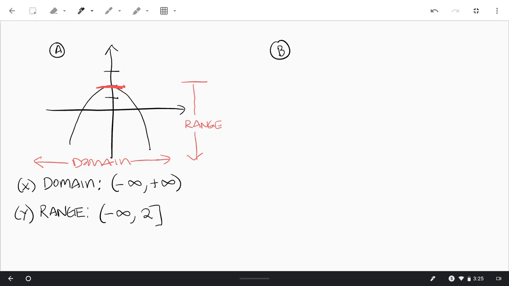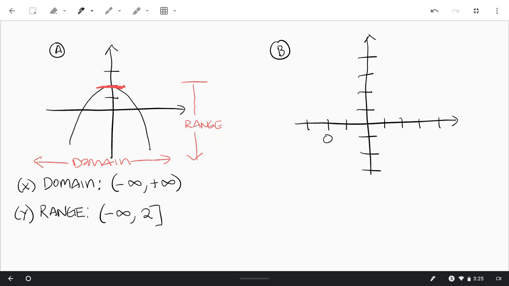Okay, so we're going to take a look at this next graph. This one is what we call a piecewise function. So let's go ahead and do a few tick marks this way, a few this way, and same thing with up here and down below. Okay. All right. I'm going to start over here at -2, -1. Okay. And I'm going to start with an open circle at -2, -1. Okay. And then I'm going to draw a line that goes all the way up to 0, 3, which is